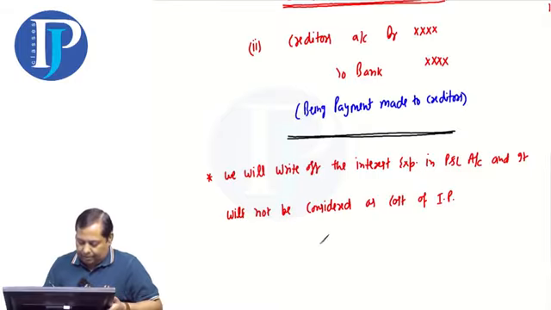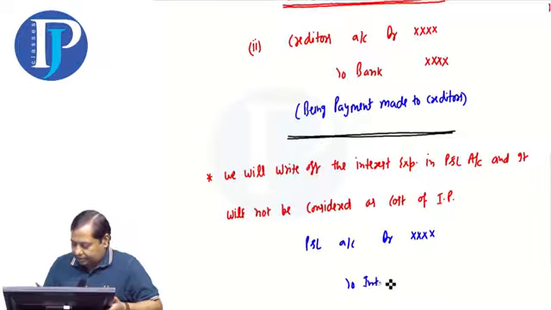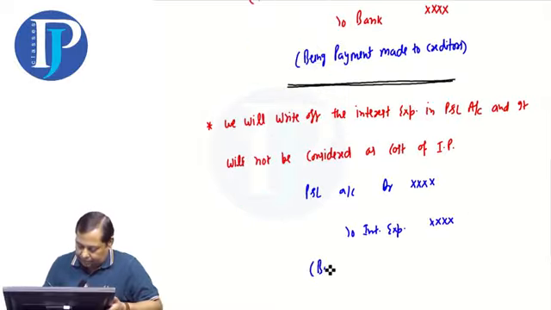Let's suppose we want to include it in the cost, instead we'll record it separately. Profit and loss account debit to interest expense, being